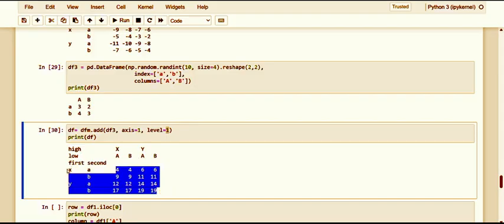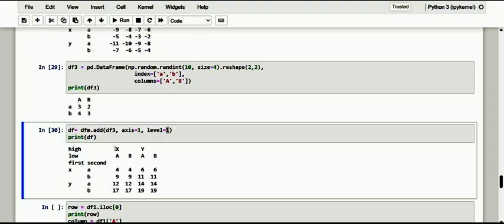That is this x, which we specified, and the same x in the column, and next y from the row and x in the column, and y in the row and y in the column. Okay, now let me move on to the next functionality.